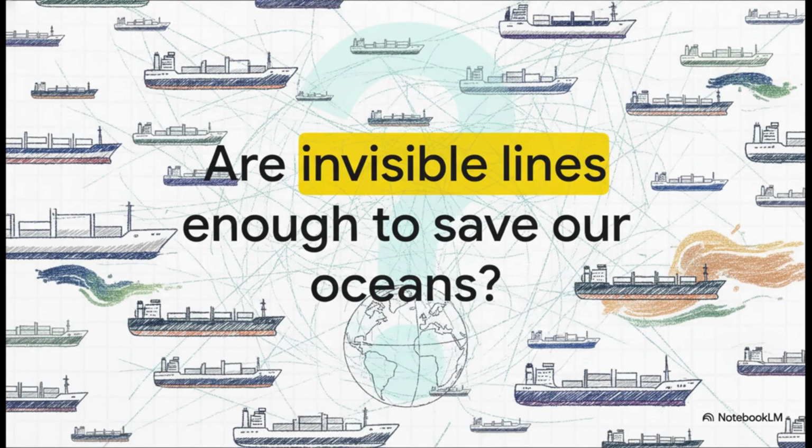Which brings us to a final, absolutely crucial thought for this explainer. We've seen the meticulous math, the hundreds of geodesic coordinates, and the vast geographical zones created to shield our shores. But with thousands of ever larger ships crossing these exact invisible coordinate boundaries every single day, it really leaves us wondering, as global shipping just continues to grow, how are these unseen regulatory borders going to need to evolve